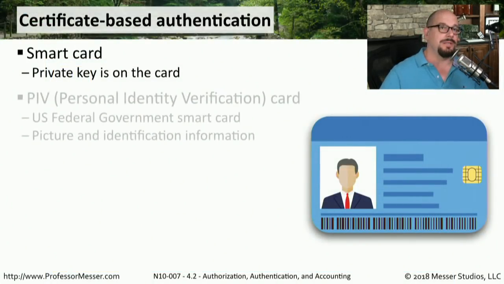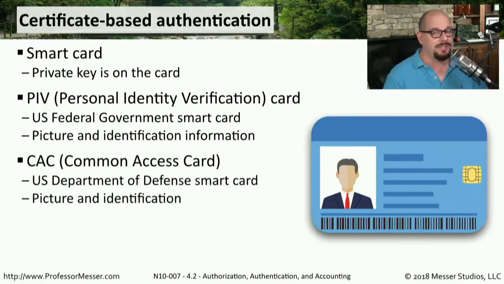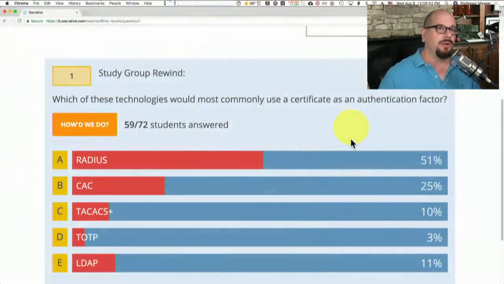And if you were here last month, you know this is indeed the certificate-based authentication that is available in a common access card. These are cards that are provided to the U.S. Department of Defense. They have your picture ID. There's information about you. It's effectively your ID card, but they have a smart chip in them. There's your chip right there. So that's a smart card. And that chip has information on it, such as a certificate that can be associated with this card and ostensibly with you. So that is why, of all the options here that talk about a certificate, the CAC always uses a certificate as an authentication factor